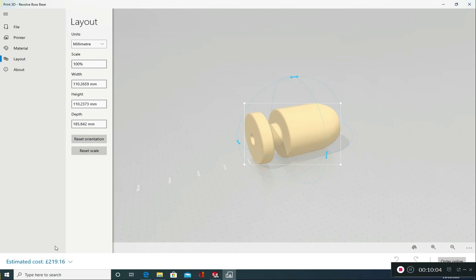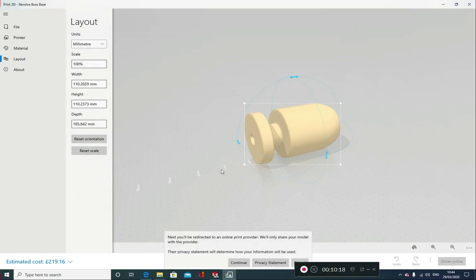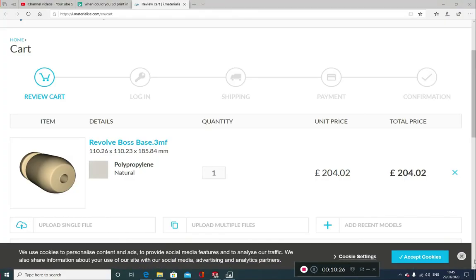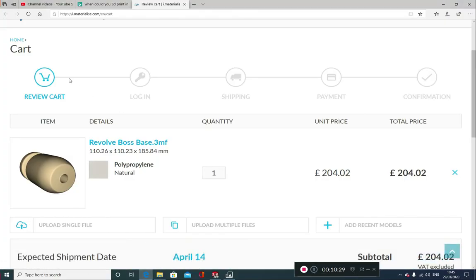It's given us an estimated cost here as well of £219.16p. So this is the standard one that we use in Windows 10. You can go and click on this button over here, order online. That takes us to this website here,